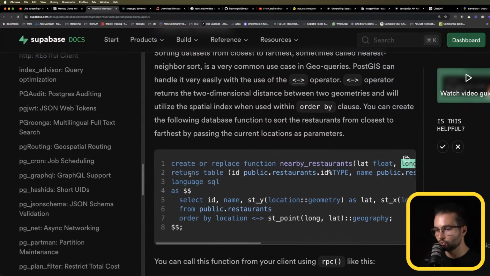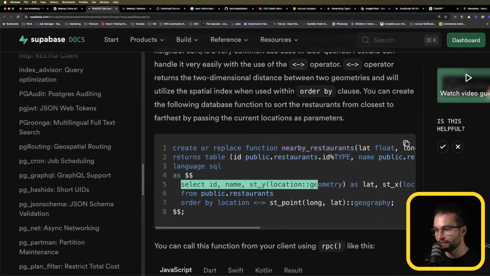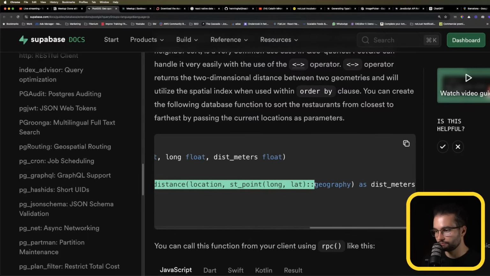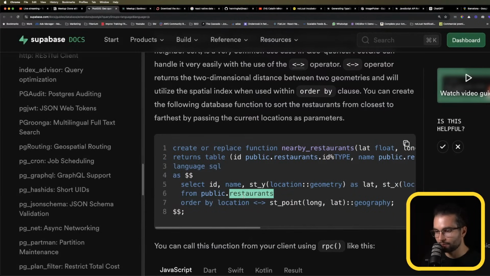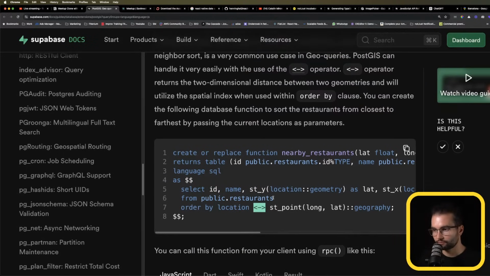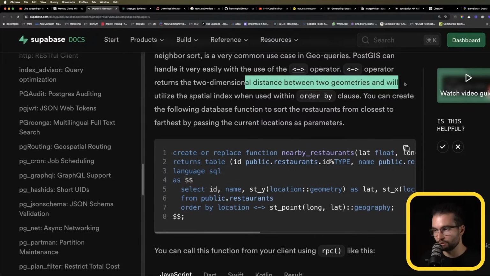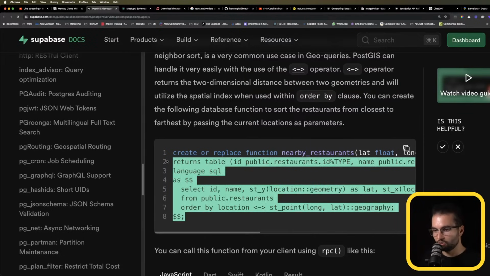What it does is query information from the table restaurants, and order by location using this distance between points property. So let's go ahead and copy this code,